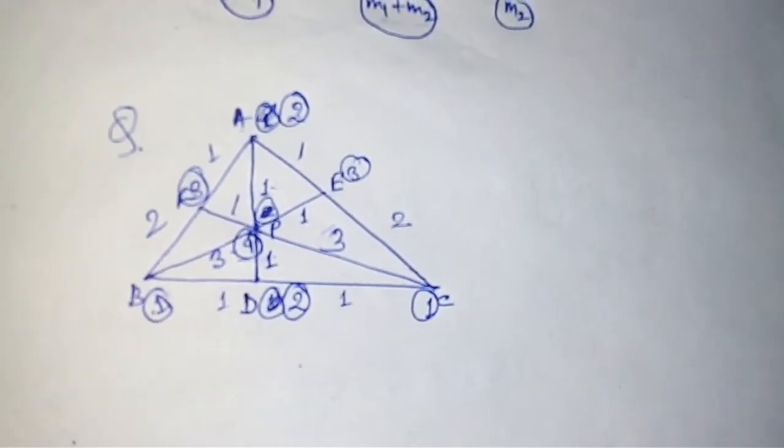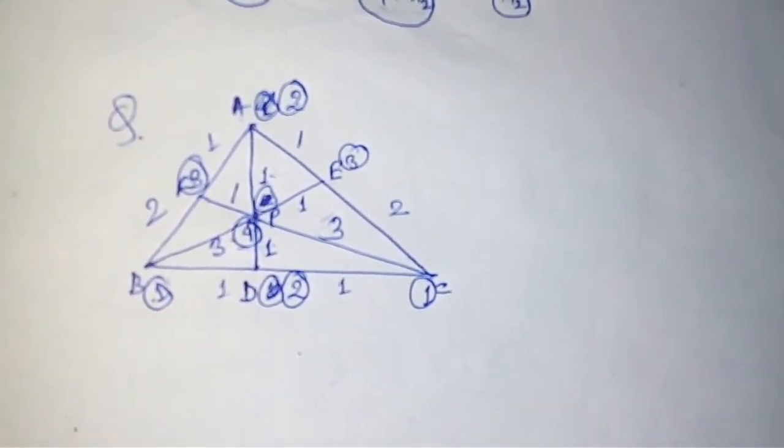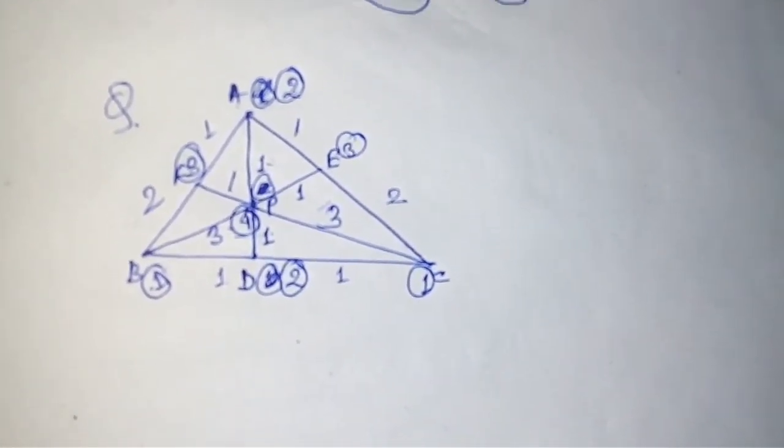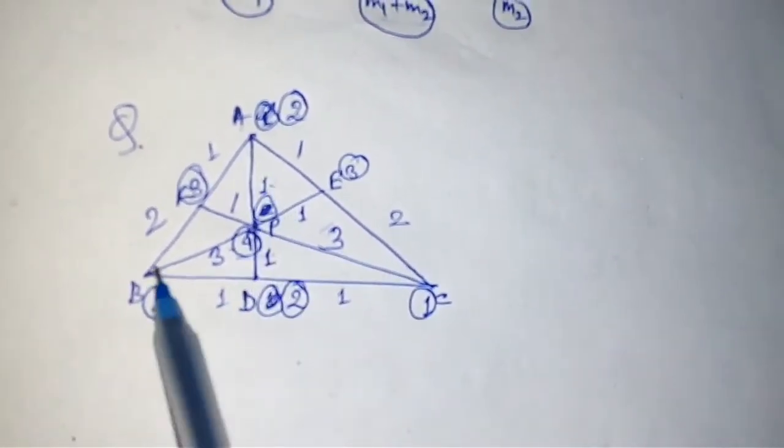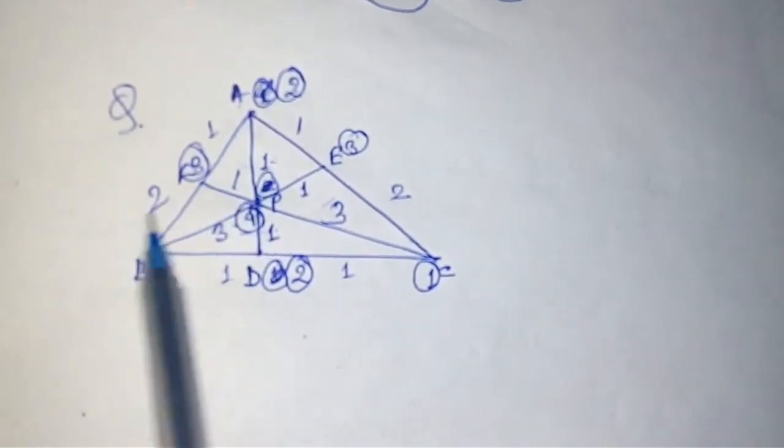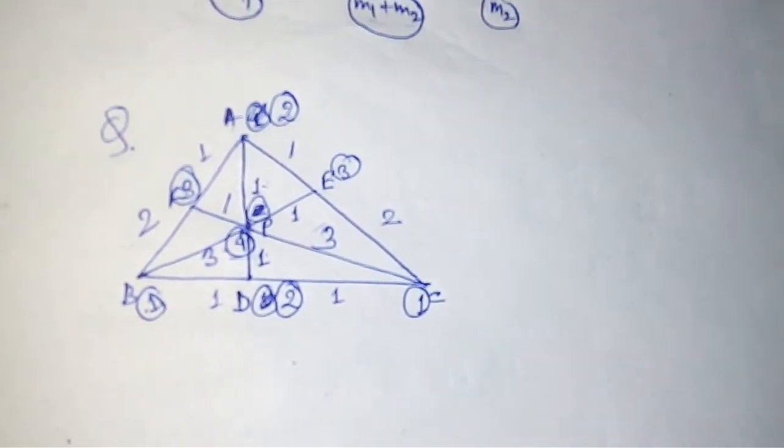See, notice that this question cannot be solved using Menelaus. It can be solved using other theorems, but it will be very time consuming. But using the mass point theorem, we can calculate any of the length ratios very easily and very simply.